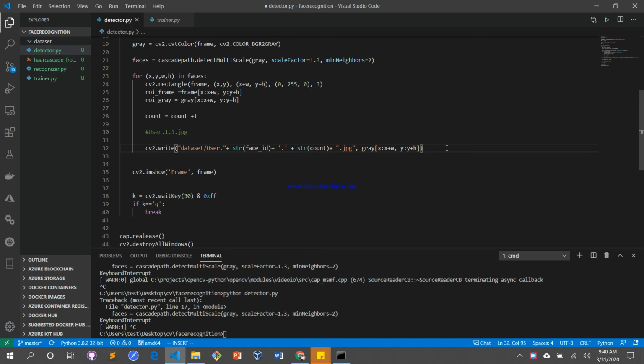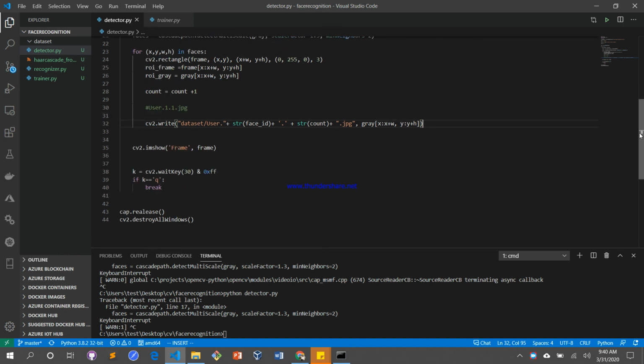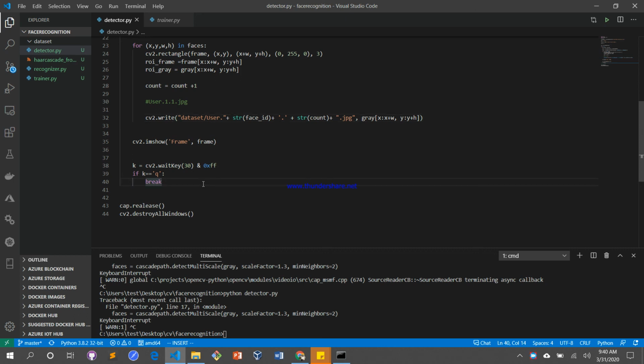So it's going to write everything here. So looking like we're not missing anything. Then this is going to be an infinite loop. So let's specify something. Either if k equals to Q, it can break, else